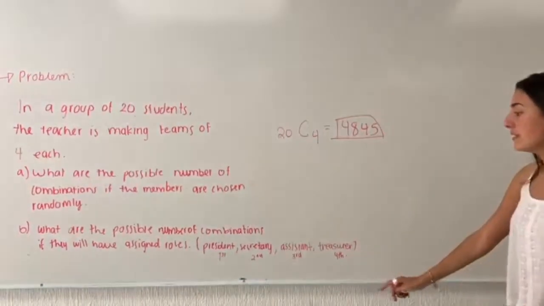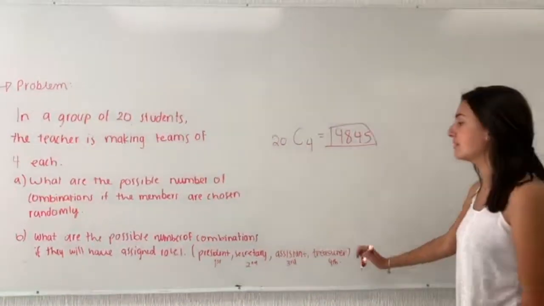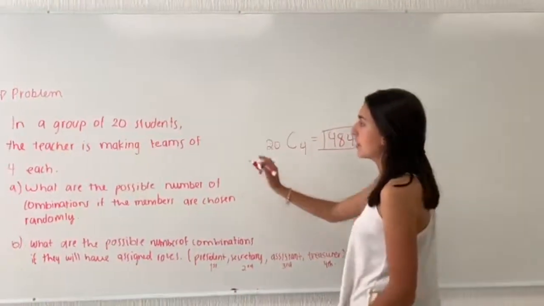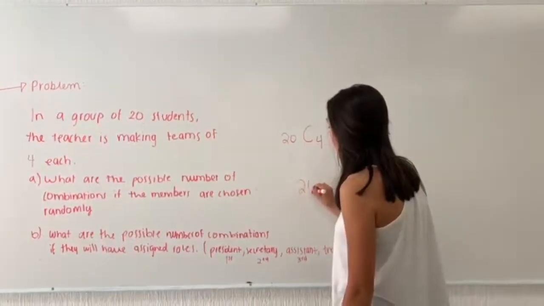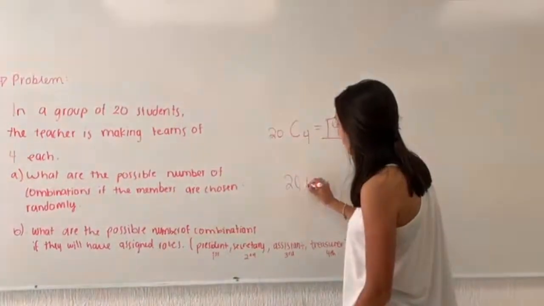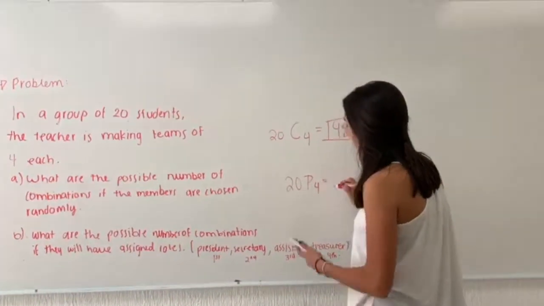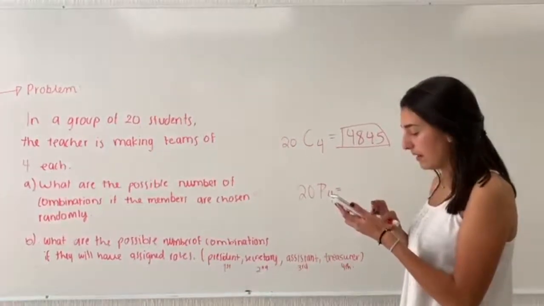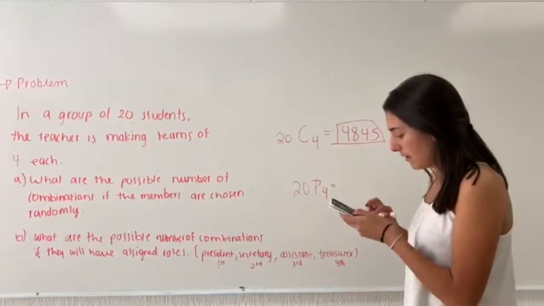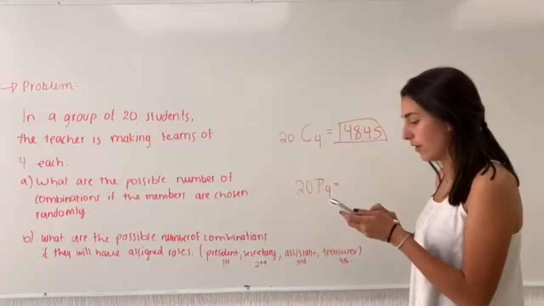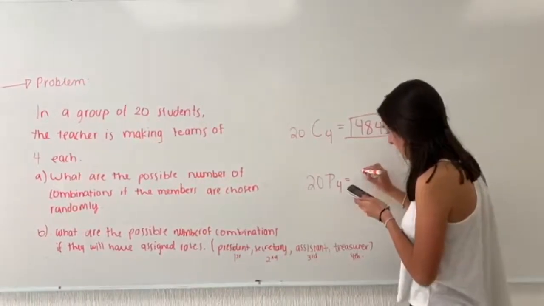And in the second one, since we have roles and the order does matter, we're going to use a permutation. So we're going to do the same thing, but instead of combination, we're going to use permutation. If we put it in the calculator, it'll give us 20 permutation 4, which is